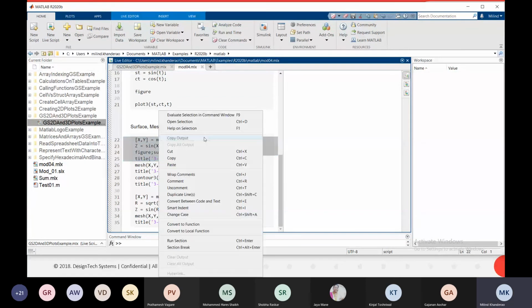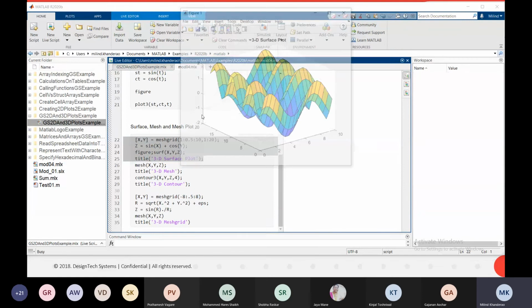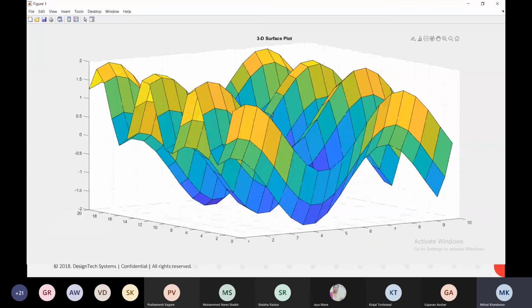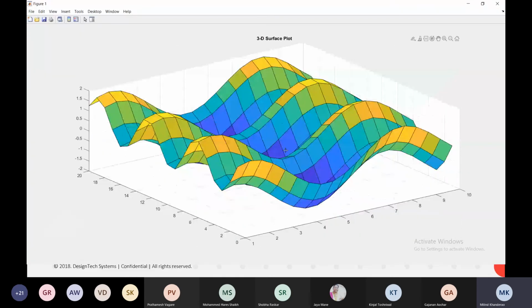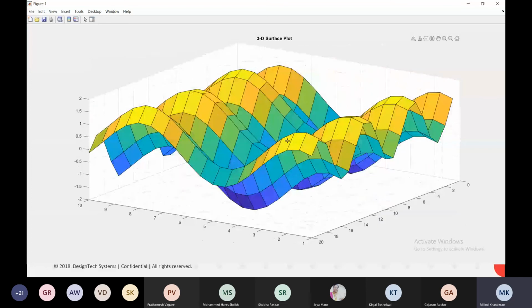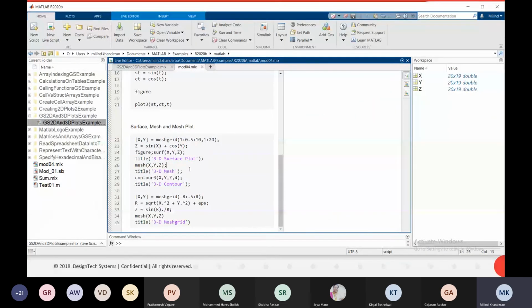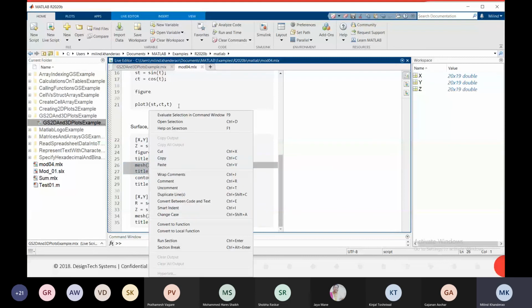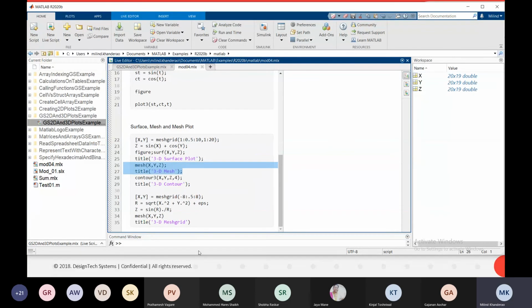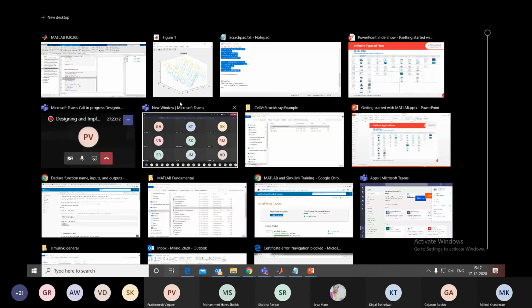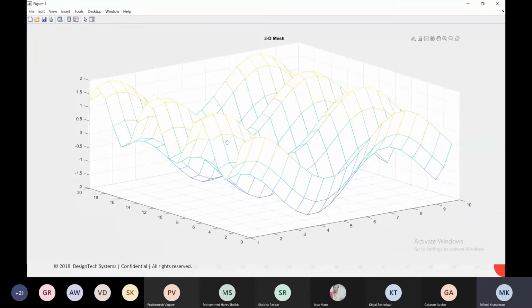Okay, so one 3D surface plot you can see here. If you want to create the mesh plot of that particular, okay, so a similar mesh plot of it.